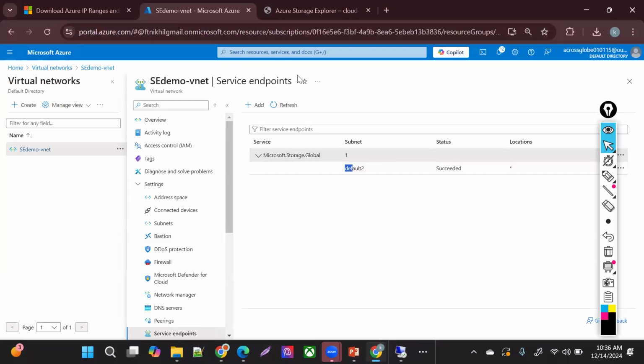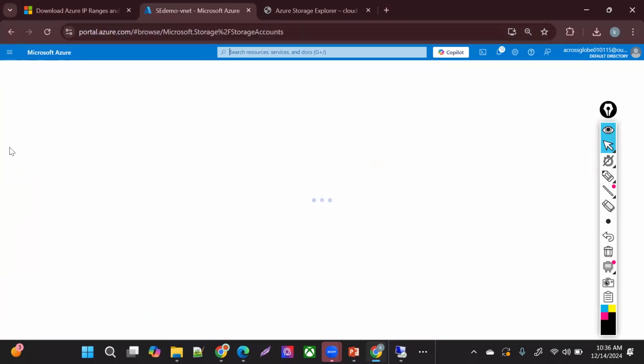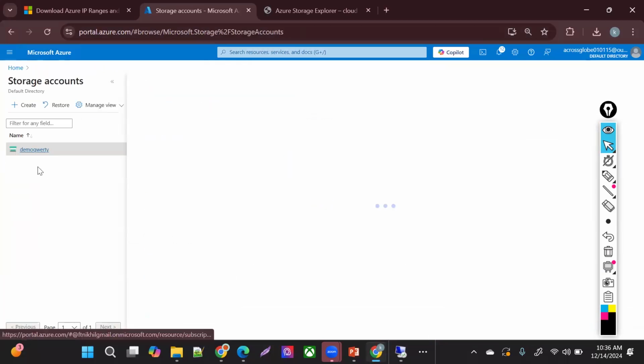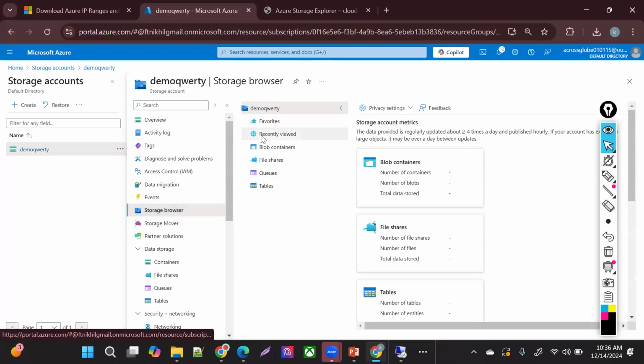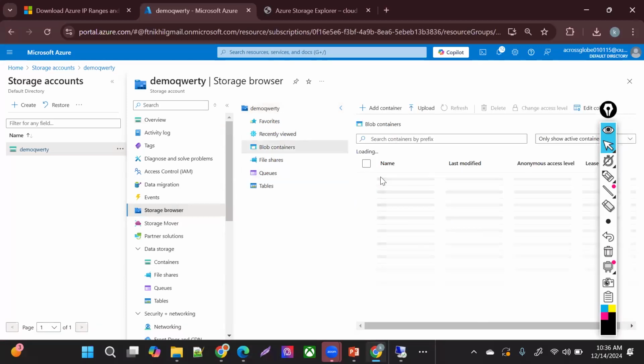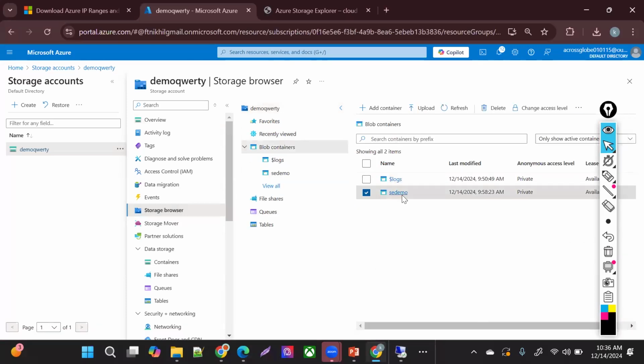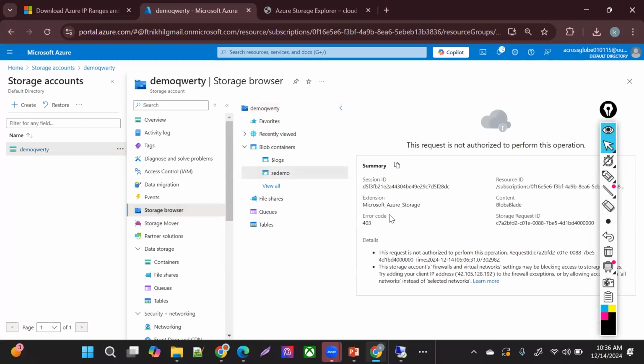You can access your storage account via portal as well. There is one way to access via the portal itself, so no need to download that, but this is just with the portal storage browser right here. You can see it there. So blob and container, like see there, demo. Inside my demo, I have my.